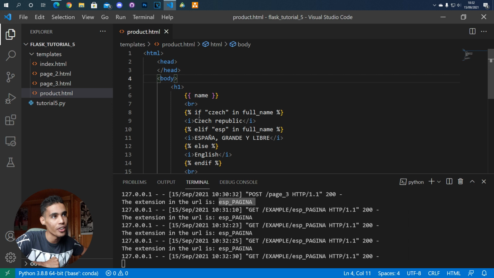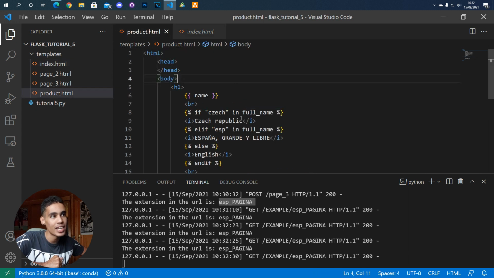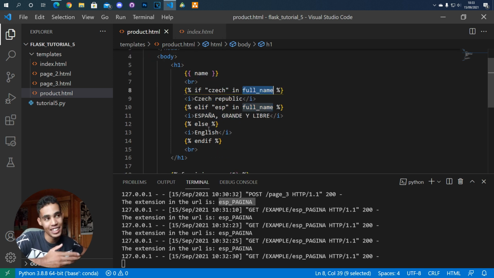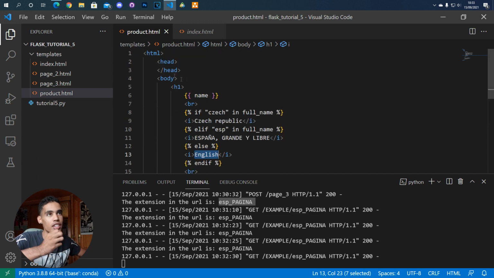So for example, here, depending on what we receive in the full name, the extensions are esp, check, and eng. I'm saying that if Czech is in the full name, I will show Czech Republic. If ESP is in the full name, I will show España Grande y Libre. And else, in any other case, which is the case that we have eng, we will show English. And this is why this page is